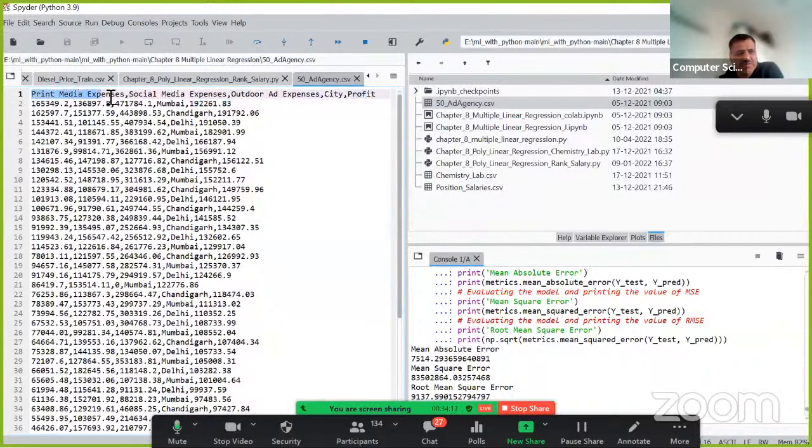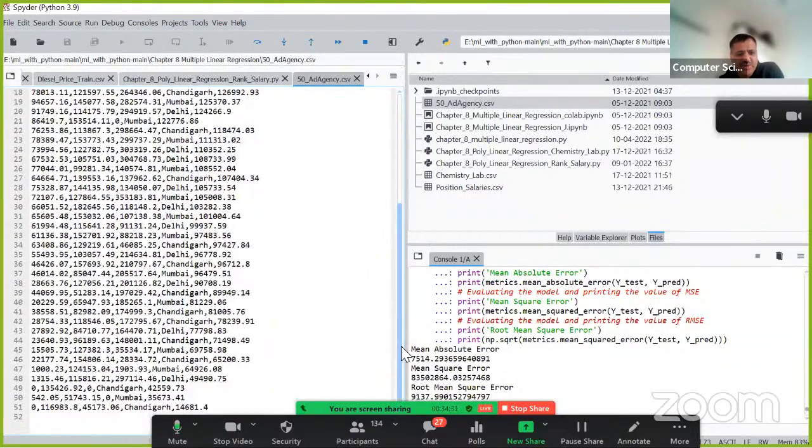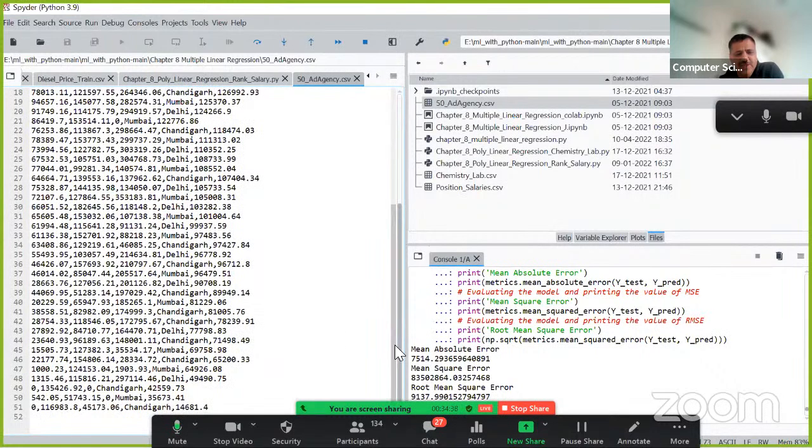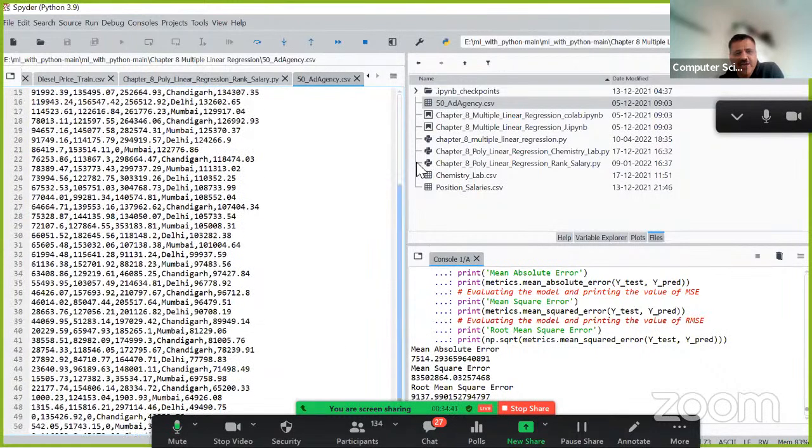The input attributes are: expenses on print media, expenses made by the company on social media, expenses made by the company on outdoor ad, and the city in which that company is operating. And finally, I have the profit attribute. In this, I have a total of 50 rows, which start from 1 to 50. So I have 50 values. I call this file